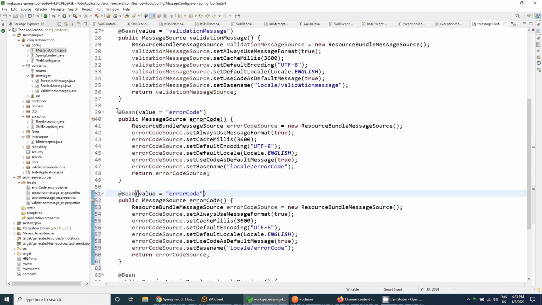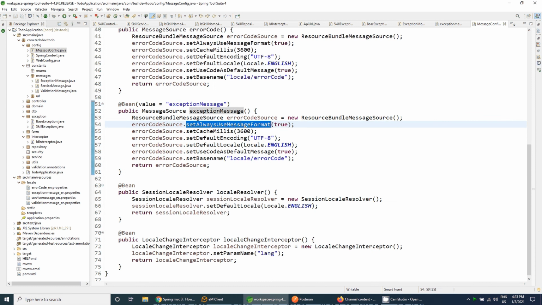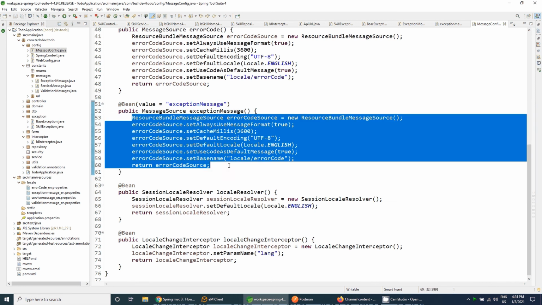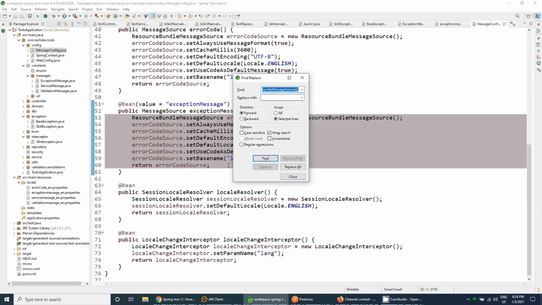Inside that bean we need to pass exception message. Instead of error code source, it will be the exception message source.